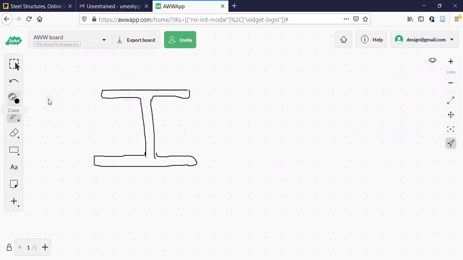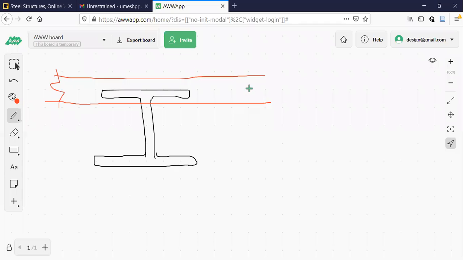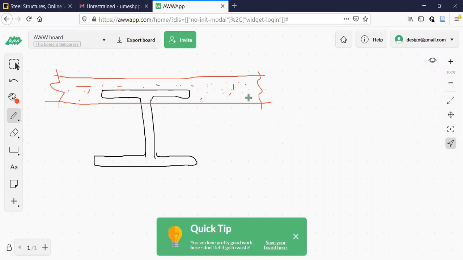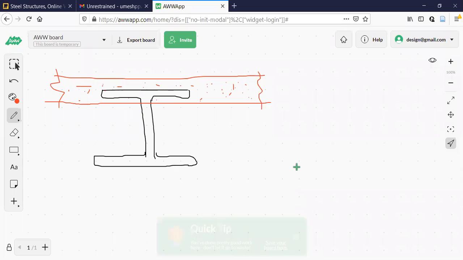So if you see this here, whenever you see the 6th semester problems, you can imagine this type of a situation. You can see the compression flange is embedded inside the concrete, or it is in some other way. Not every time, but in one way or the other, the compression flange is not allowed to move laterally. It is laterally restrained.